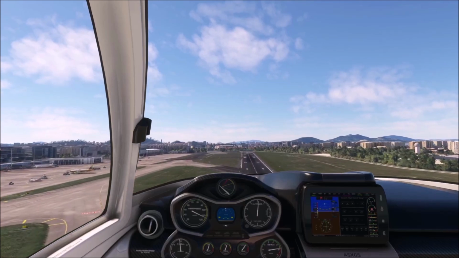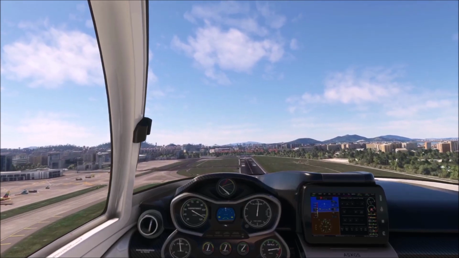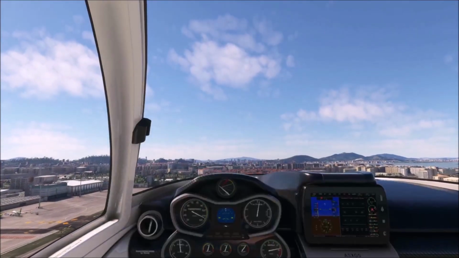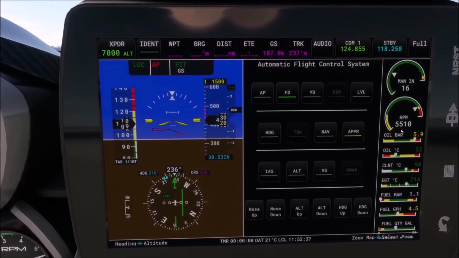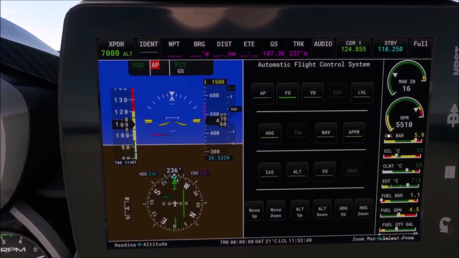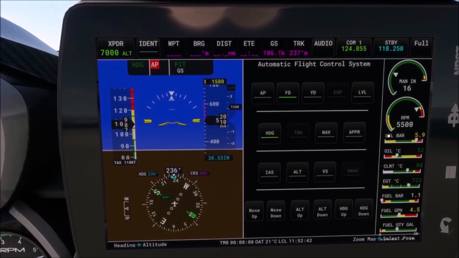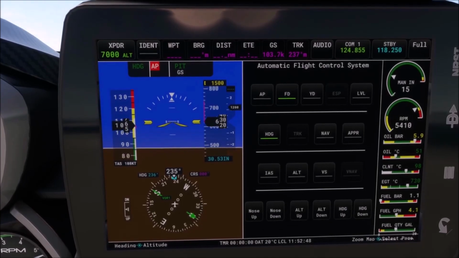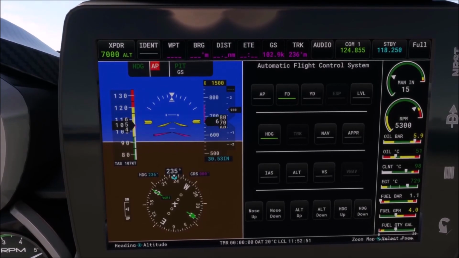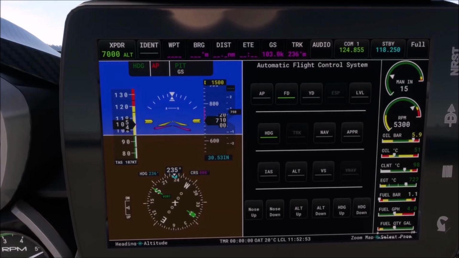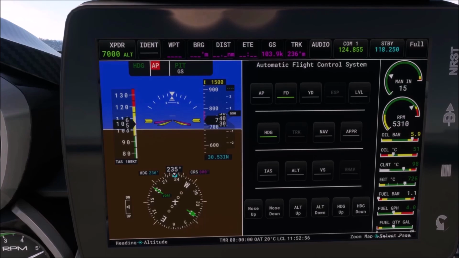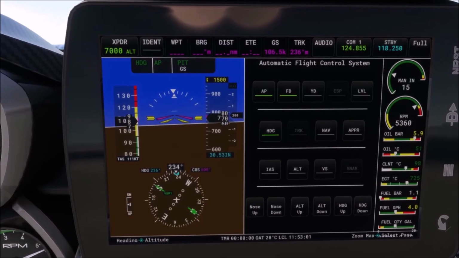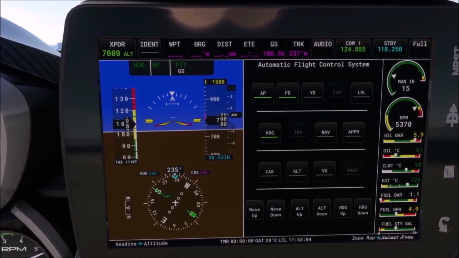So, I retract the gear. I retract my flaps. I go again to heading mode, okay? Now this is slightly more complicated because I must also have the control of the plane. So I press Alt, I activate my autopilot, and let us have